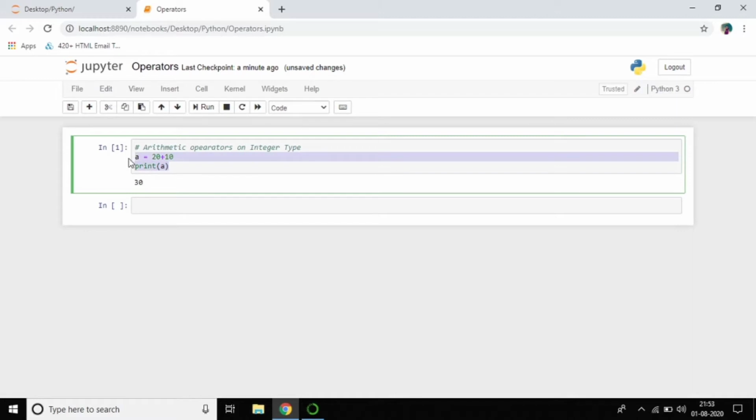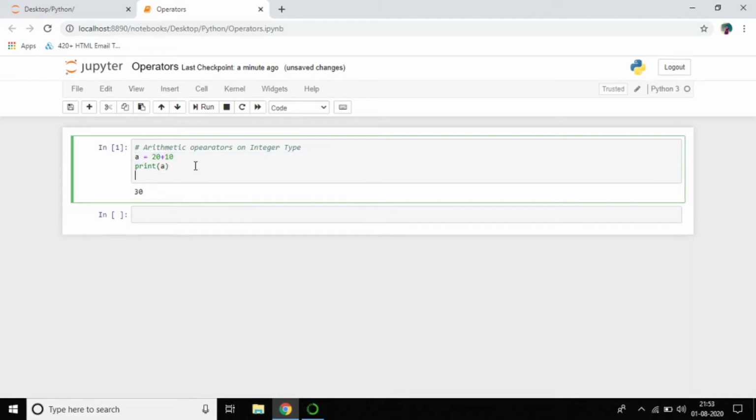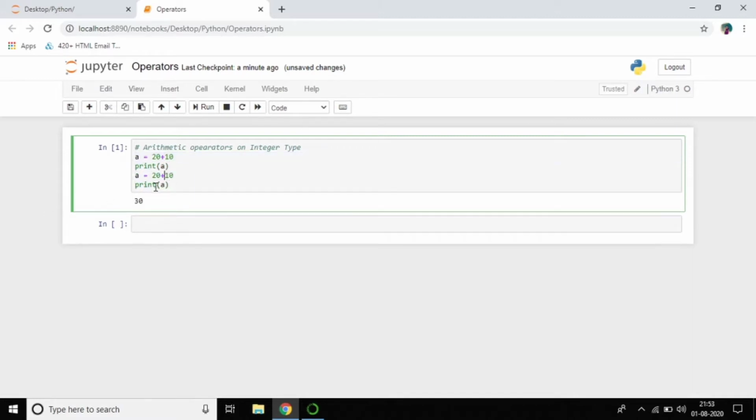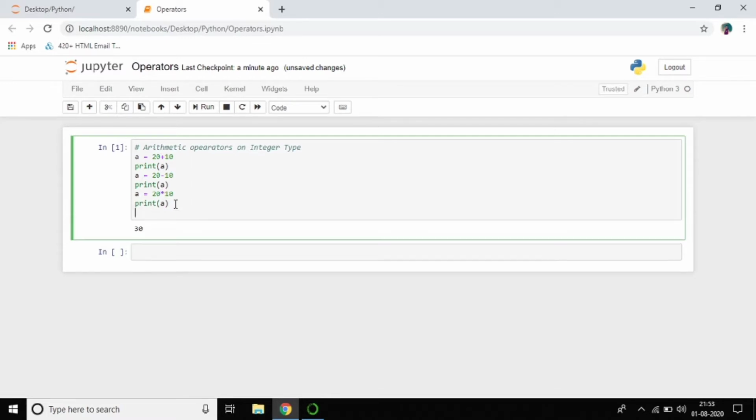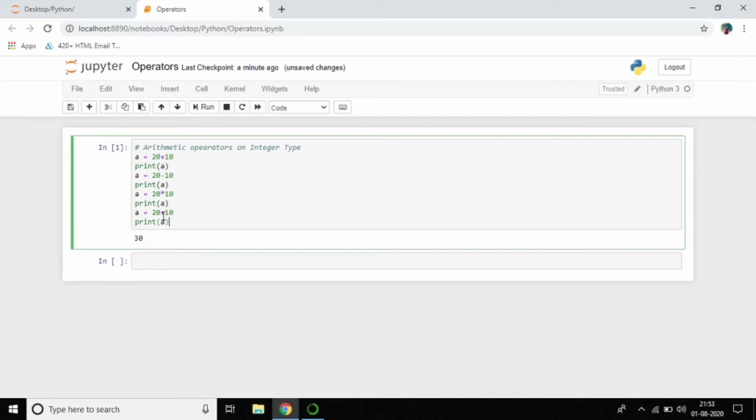The same thing I want to do with minus, that is subtraction, and star for multiplication, and we have modulus, which gives the remainder.